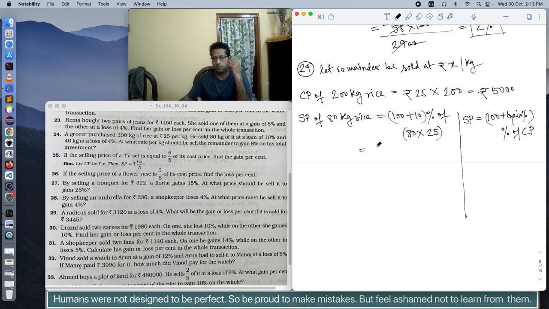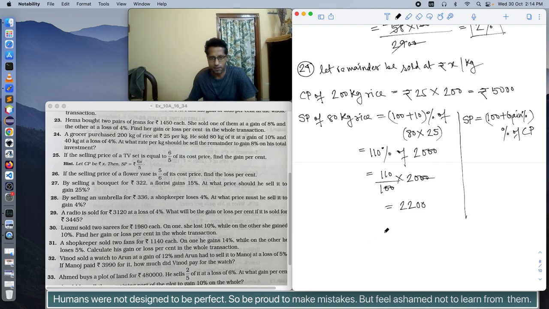So this is equal to 110% of 80 into 25, which is 2000. 10% gain means 110 by 100 multiplied by 2000. So this becomes equal to 2200. So the selling price of 80 kg of rice is rupees 2200. Please note that I am ignoring the rupees symbol. Similarly, we have to find what will be the selling price of